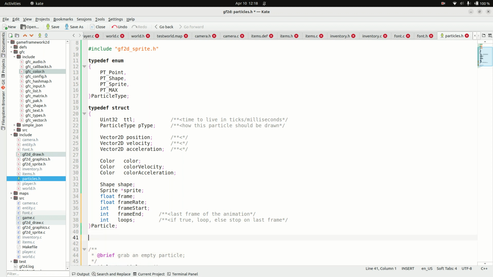So we're going to need the particle system. So void particle manager init, and then we're going to take a uint32 particle max. How many particles are we going to have at upper bound? This sets up the manager,